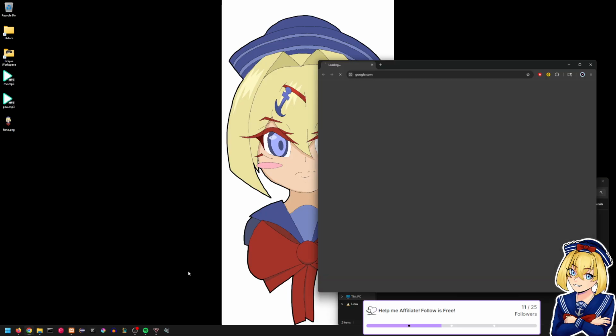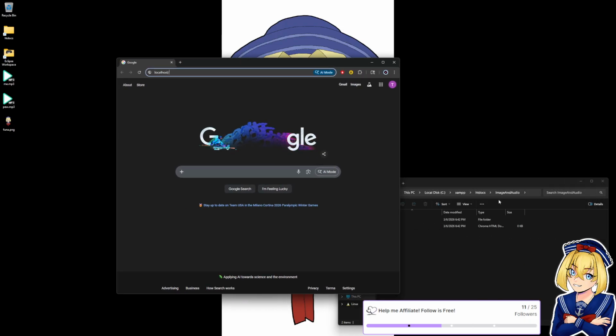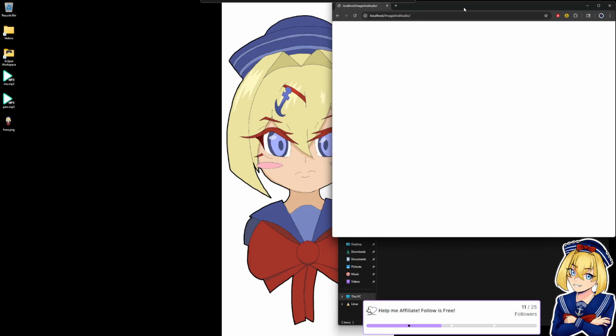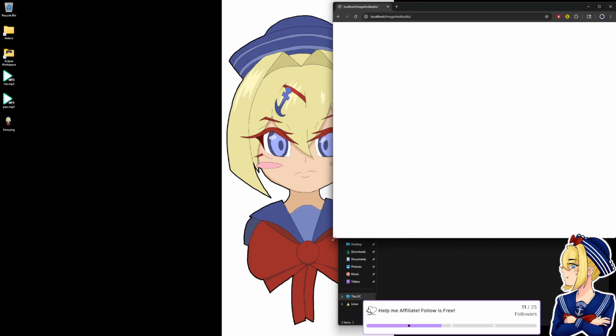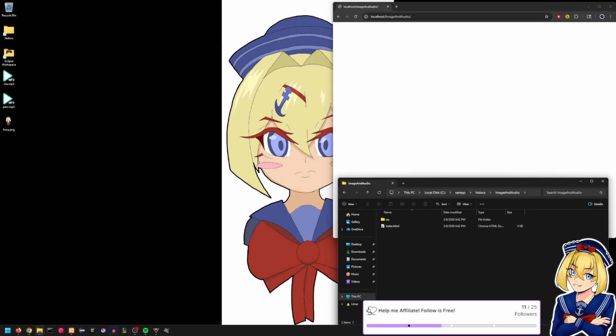We can open Chrome and go to localhost/image and audio, and boom, we're here. We don't see anything because we haven't added anything to the page, but we are currently looking at this index.html file.